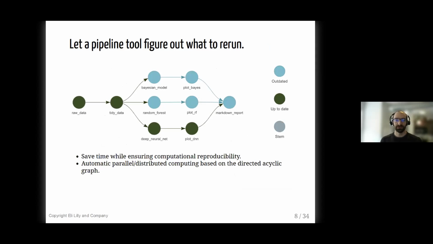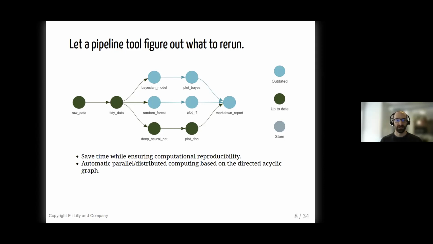So this kind of pipeline tool does several things. It identifies the inputs and outputs of each step in the computation, where each step is called a target. So a target could be a model that you fit or a data set that you create or a figure or several figures that you create, just an irreducible task that you run, a skippable step of the computation. And each of these targets has clearly defined inputs and a single output, just like a pure function.